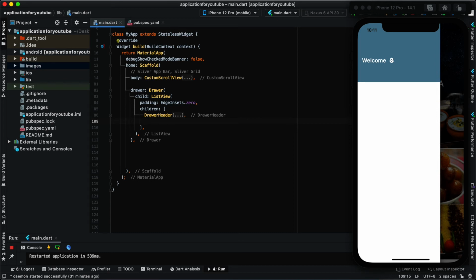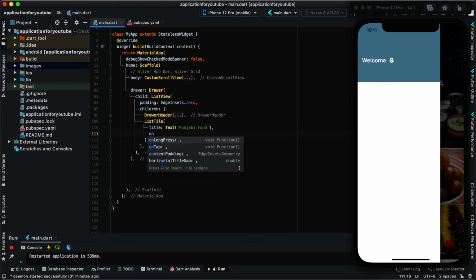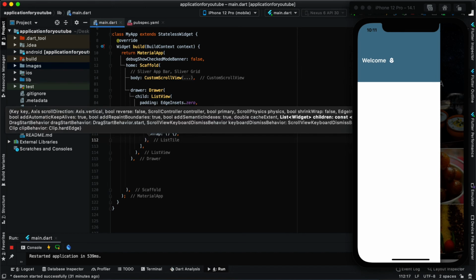I'll choose this list tile, and inside this I'll give some title. Let's say I wrote Punjabi food first, and they should be on tap, so I'll just write it like this as of now. We'll start with this later on.